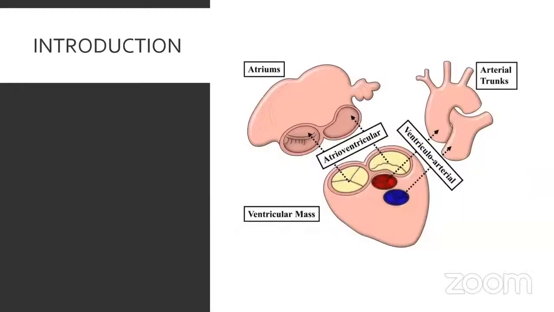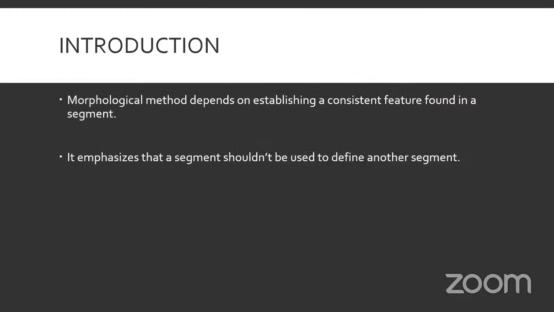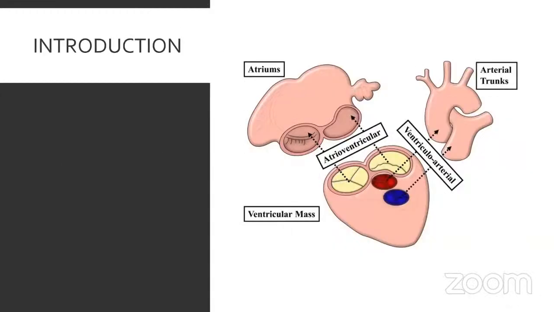Now, when we look into the heart, throughout the presentation we'll be talking about the segments, the morphology of each segment, and which features are consistent across each segment. Let's begin by establishing the segments we will be talking about. In general, we have 3 segments and 2 connections. The segments are the atrium, the ventricular mass, then the arterial trunks. Between each of these 3 segments there's a connection. Between the atrium and the ventricle is the atrioventricular connection. Between the ventricle and the arterial trunk is the